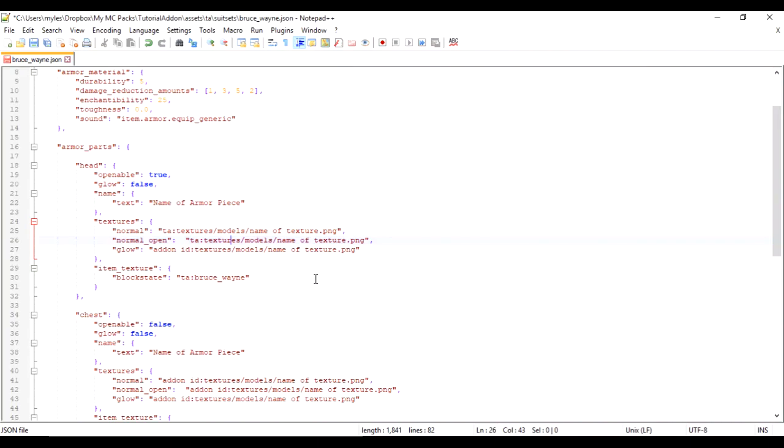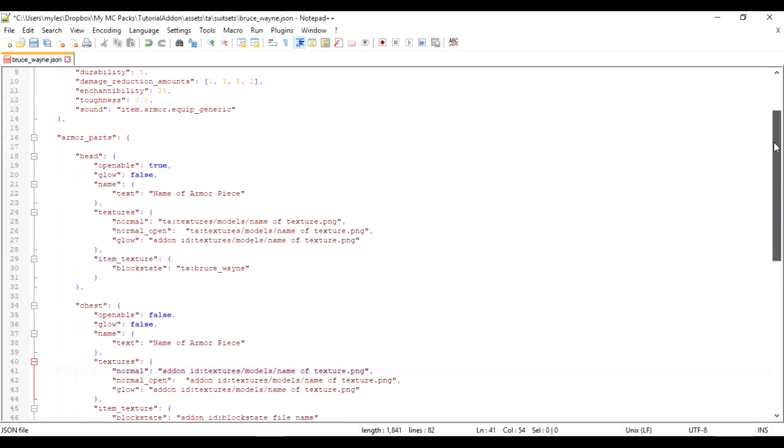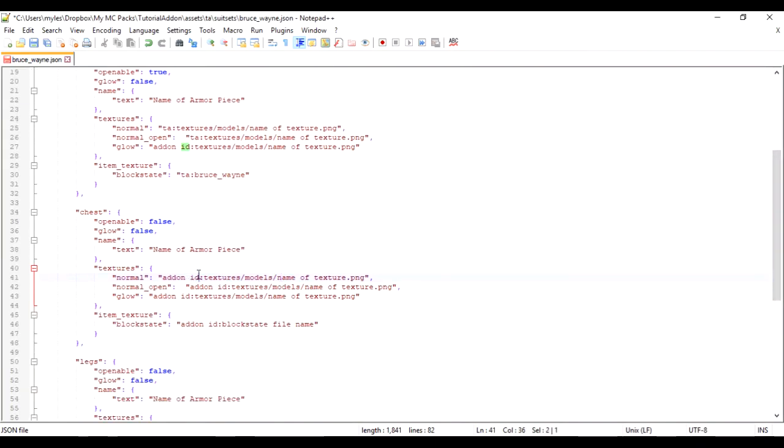And then we're gonna go down here and change the mod IDs for everything else and change the block state to this right here. So TA,